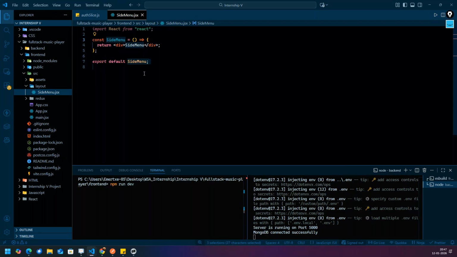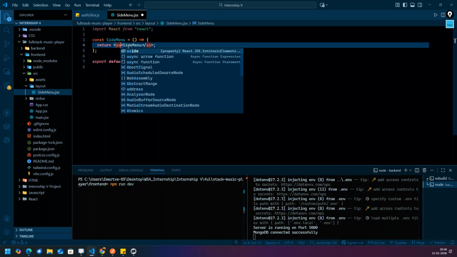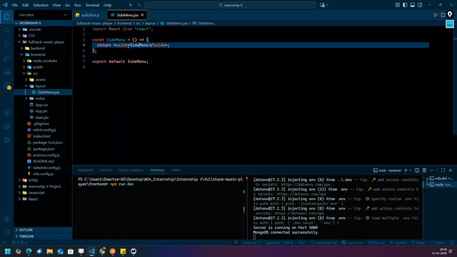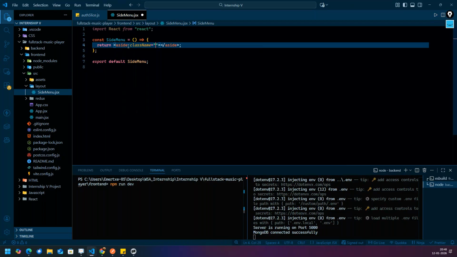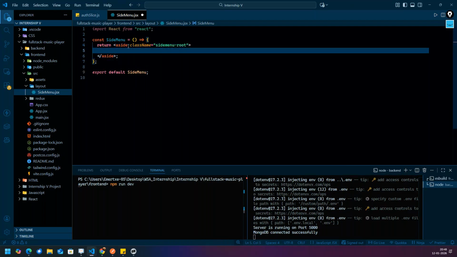Over here, let's write an aside element with some class name, that is side-menu-root.